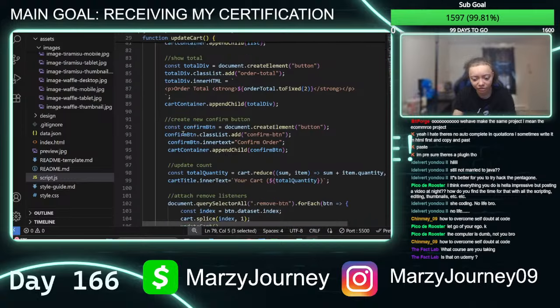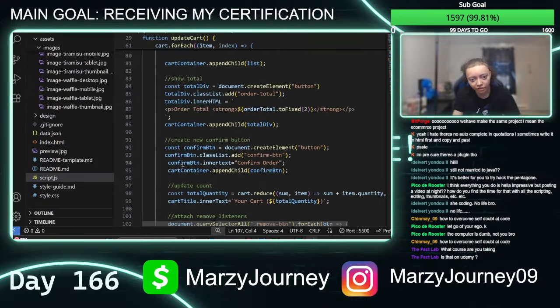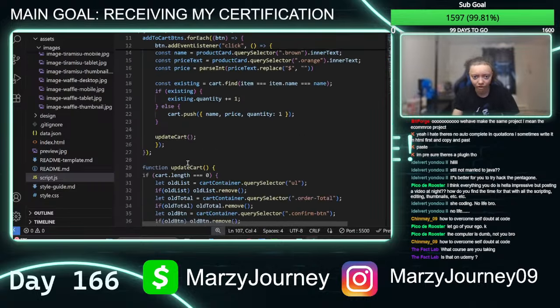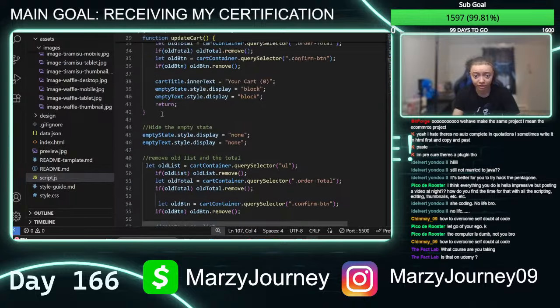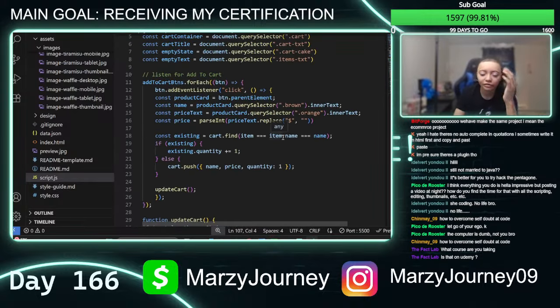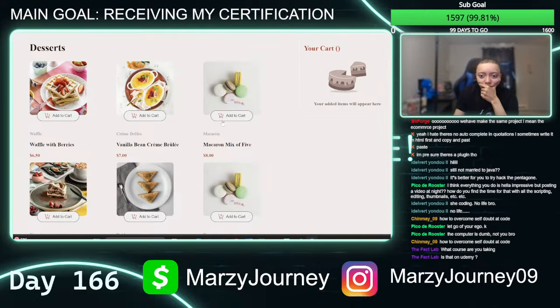I could be entirely wrong. Unless it was supposed to be inside of something up here, but I doubt that. So hopefully this could work. I can already tell there's going to be a misspelling somewhere.